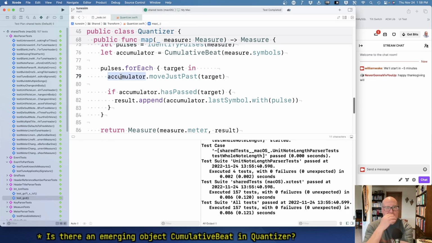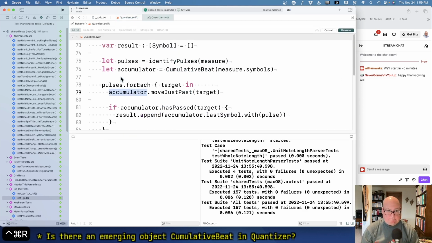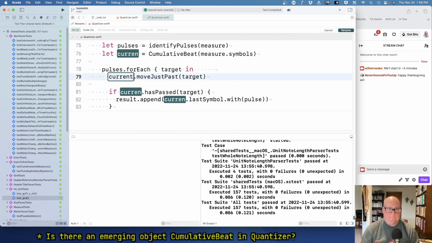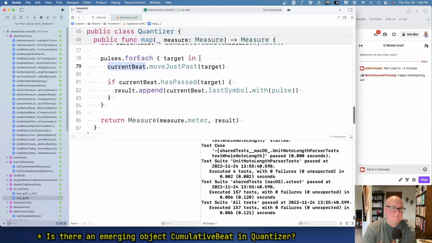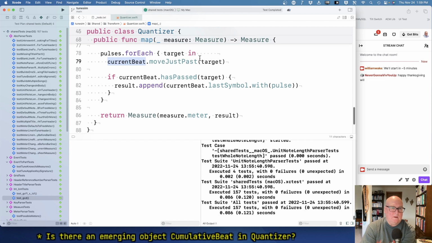I don't know, a better name for that would be good. Current beat. Target, we move just past it. If it has passed it,